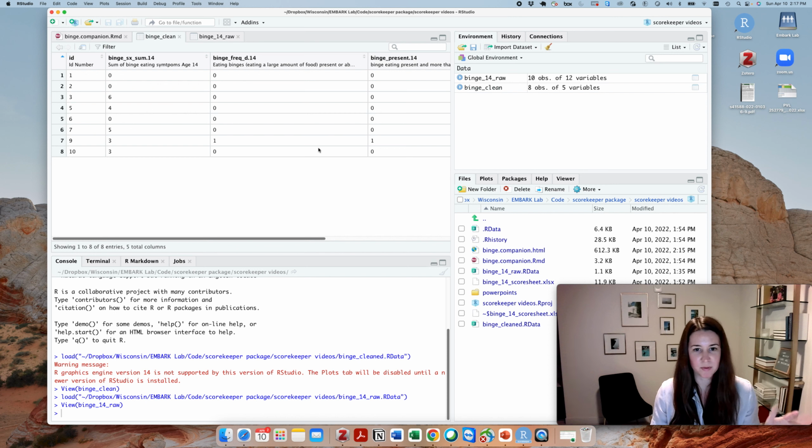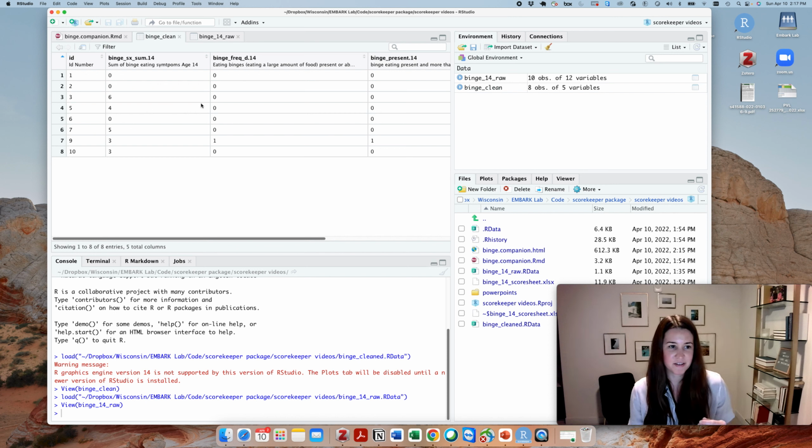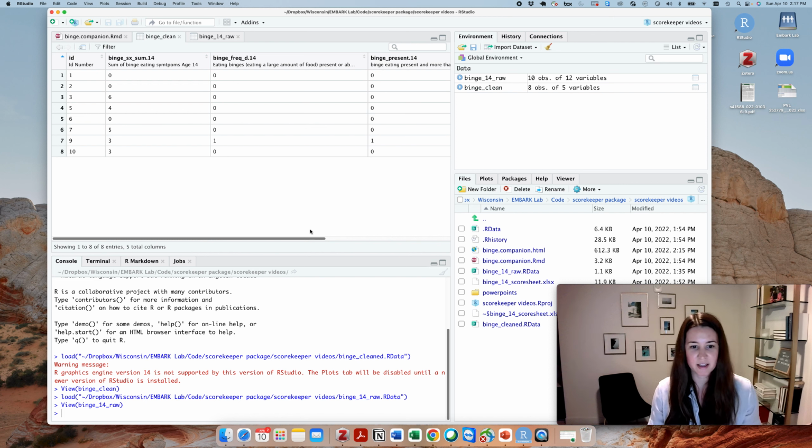I've gotten rid of a couple of rows where people didn't have any data. And I have cleaned all that data. We got rid of the negatives. We filled in that skip logic. And we also created some sum scores of the symptom sums, the frequency, all of that stuff. So that's what it looks like to use Scorekeeper. If you have